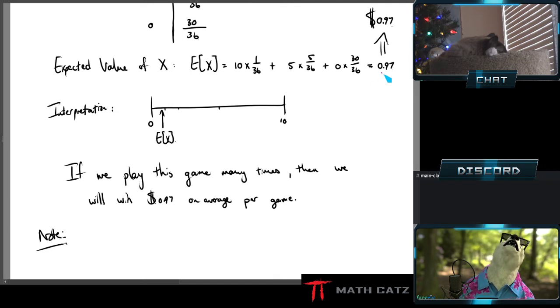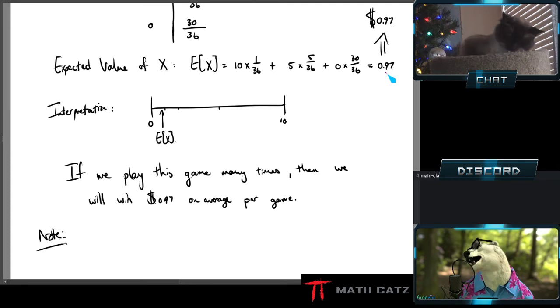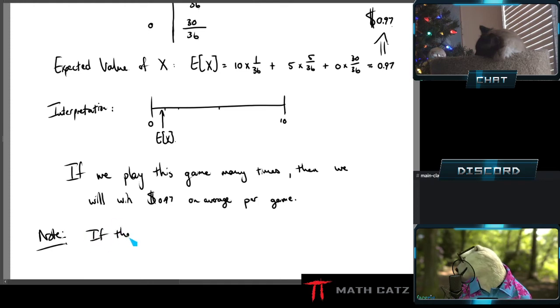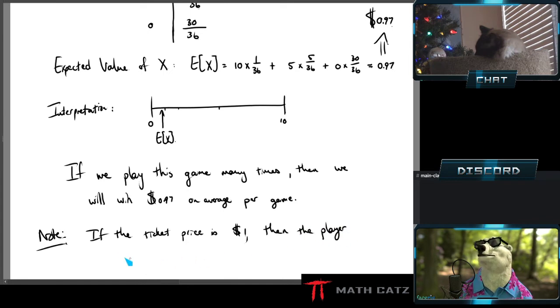Now I can decide, well, okay, I know if I ask nothing, of course they're going to win money. There's no balance. They're going to win 97 cents on average. So if my ticket price is just more than 97 cents, if enough games are played, I'm going to win money and they're going to lose. For example, if the ticket price is $1, let's say, then the player loses 3 cents, more or less, right? I rounded this, but it's okay. 3 cents per game